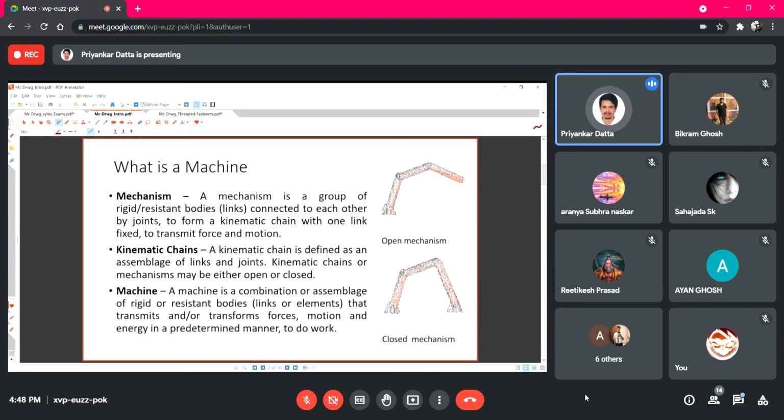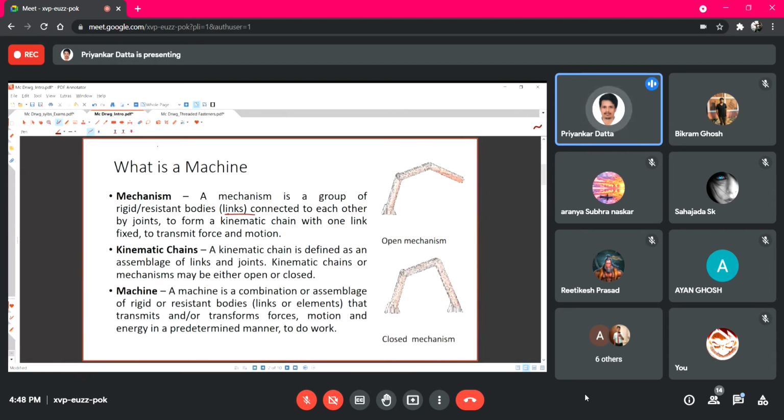And in a mechanism, we term them as links, right? So instead of rigid or resistant bodies, we call them links. And when we connect those links using some joints to transmit some force or generate some relative motion, we get the mechanism, right? Several resistant bodies connecting with each other create a chain, and different types of kinematic chains are assembled together to form different mechanisms, right?